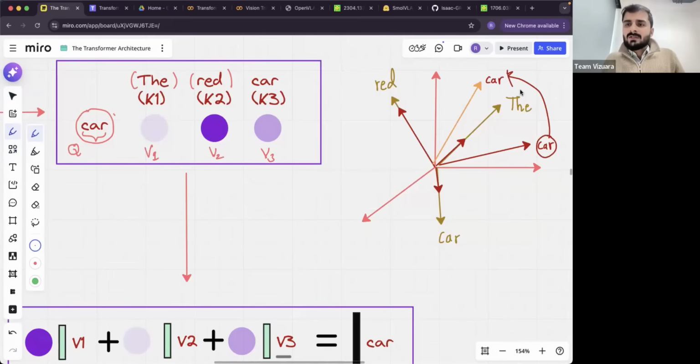Why is it called cross attention layer? It is because we are using the tokens from the decoder side as well as from the encoder side. So it's not just attending to tokens in one sequence, but it's attending to tokens coming from some other sequence. That's why it's called cross attention. Okay, so